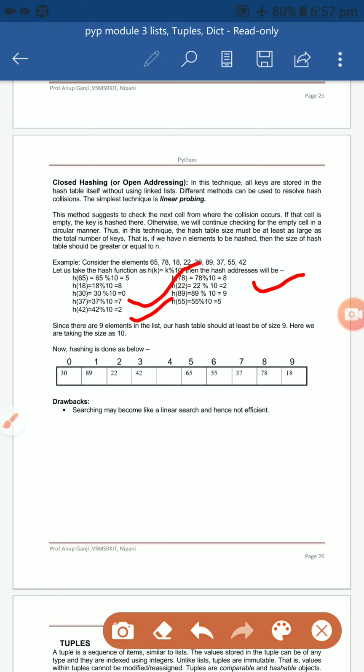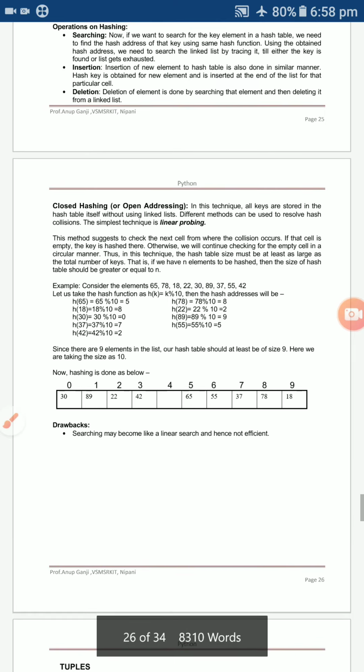Next check 3. There is no hash address there. If a cell is occupied, you shift to the next free cell, but first complete the previous hash addresses.